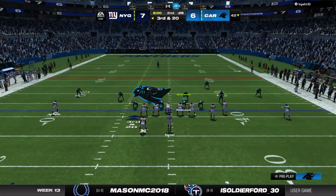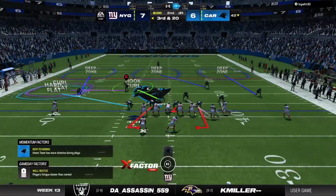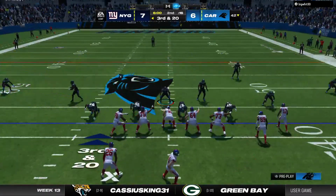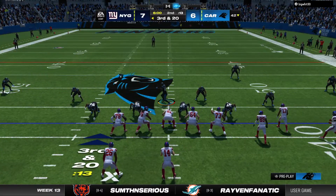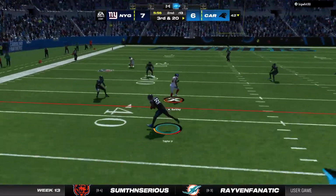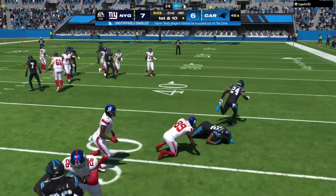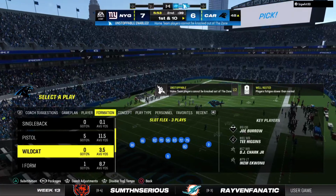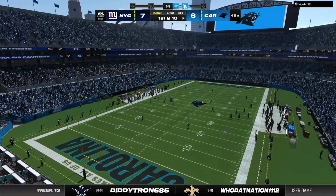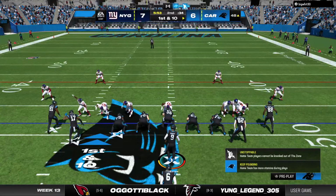Seventh play of this drive coming up, but a long way to go on third down. They're going to look to throw. Oh, he tries to force it in, and it's intercepted. Picked up by Keith Taylor. And he'll take it across midfield and down to the 48-yard line. Intercepted. The Panthers take over first and 10 at the 48-yard